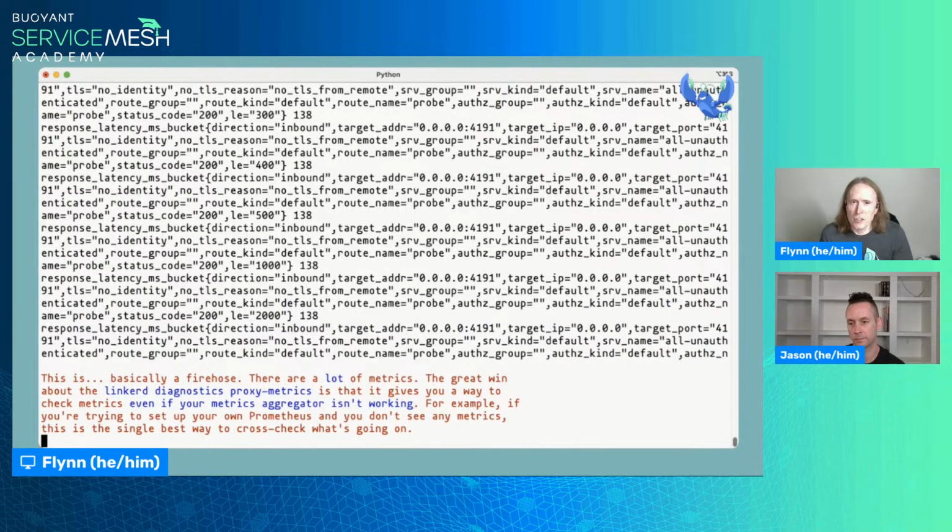In almost every case, it's much more valuable to do that with something like Prometheus and Grafana or Buoyant Cloud. But you can do it directly if you really need to. And maybe more importantly, if you're having trouble with Prometheus, then this can give you a lot of information about whether somehow the proxies aren't producing the information or whether your Prometheus scraper isn't working or whatever.